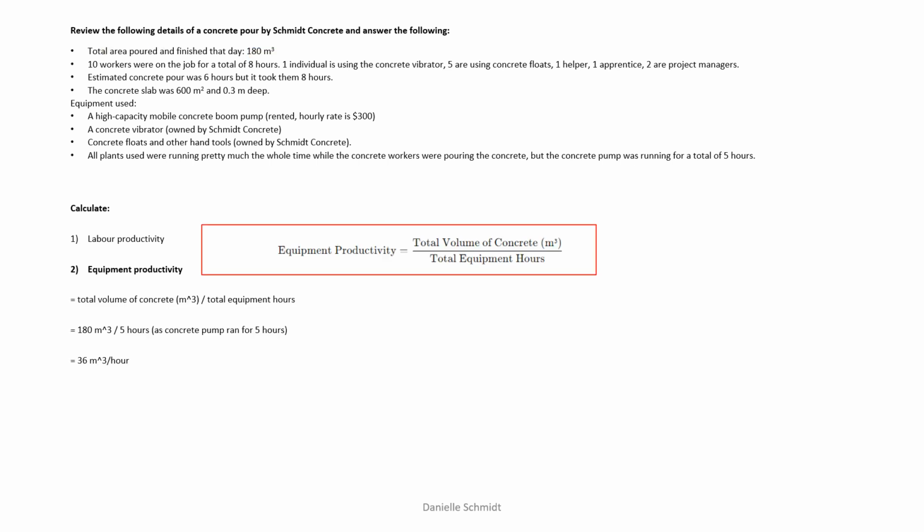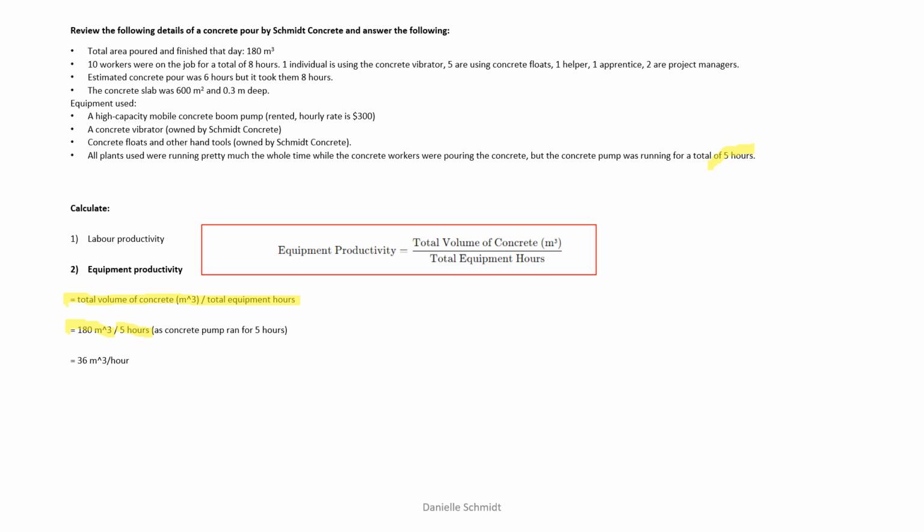So let's just, again, we're going to write it out because we are doing an exam. Total volume of concrete meter cubed divided by total equipment hours. So we have 180 meter cubed divided by 5 hours as the concrete pump ran for 5 hours, which we know from